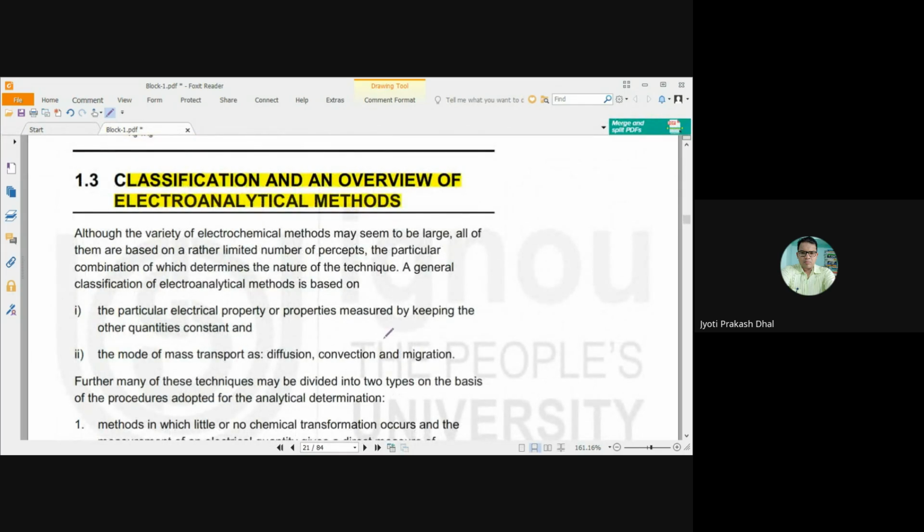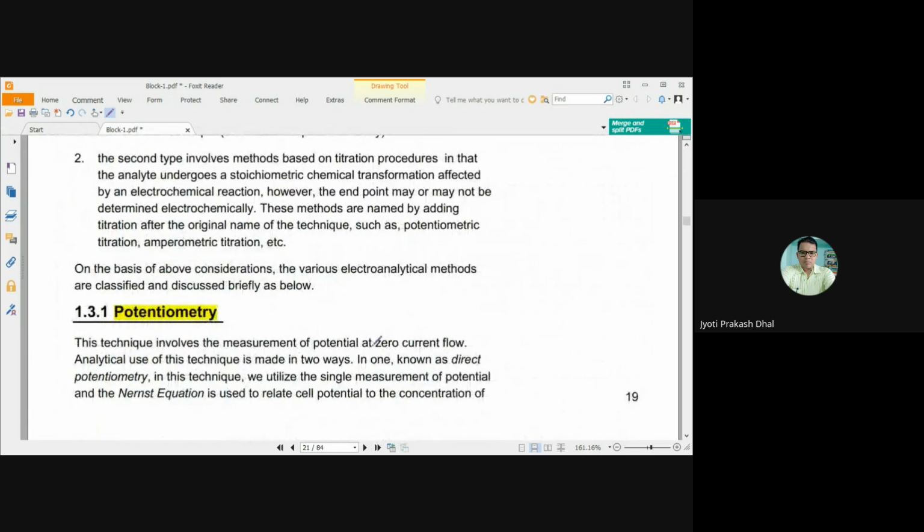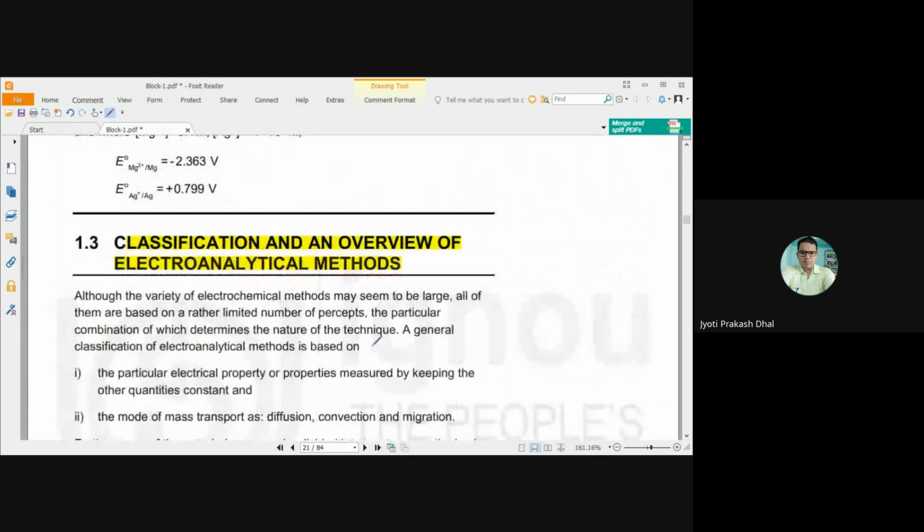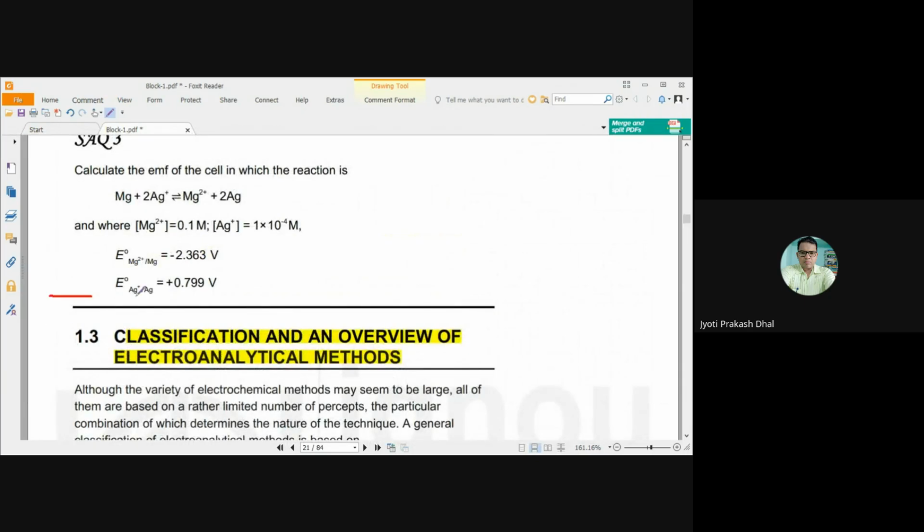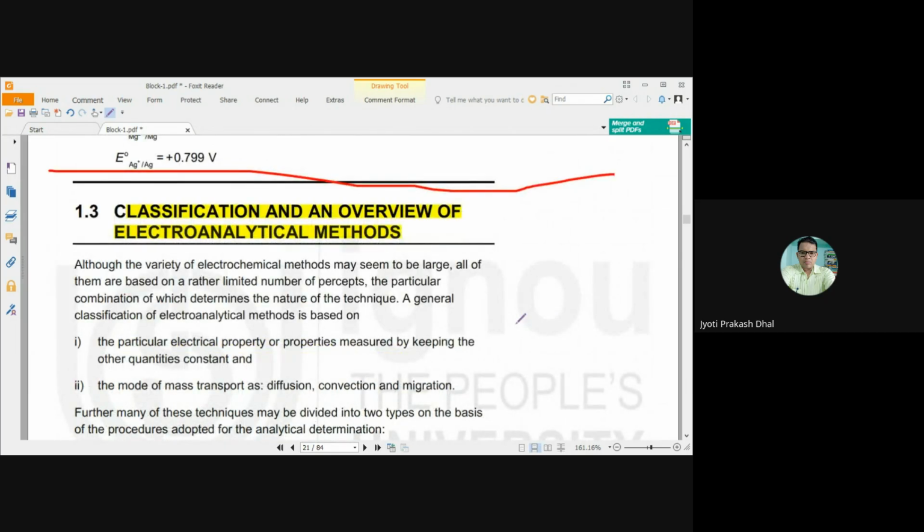Now coming to classification and an overview of electroanalytical methods. So here we will discuss the different methods. Up to here are the fundamentals of electrochemistry, and after that